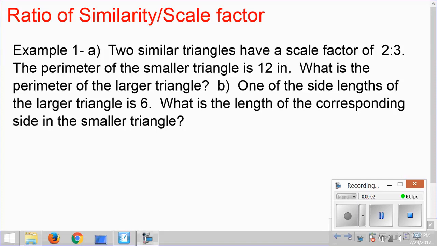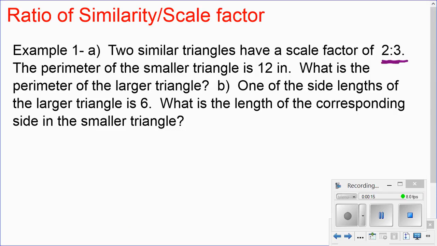Okay, so I'm going to talk about the ratio of similarity and scale factor. We already talked about that a little bit before. We know that the ratio of similarity or scale factor, or in other words R, is a way of comparing items that are similar, in this case triangles, and we're talking about these linear measurements, which are perimeter in this